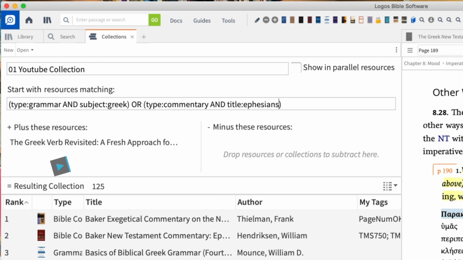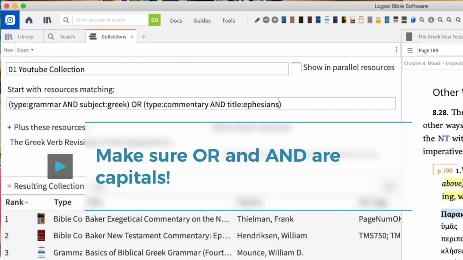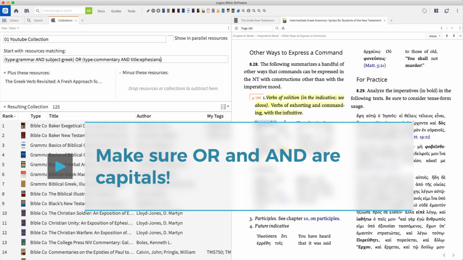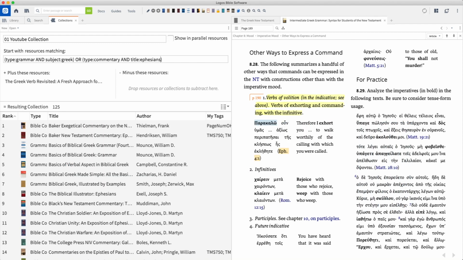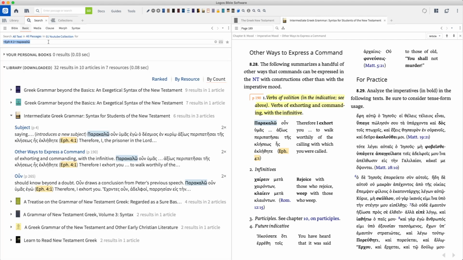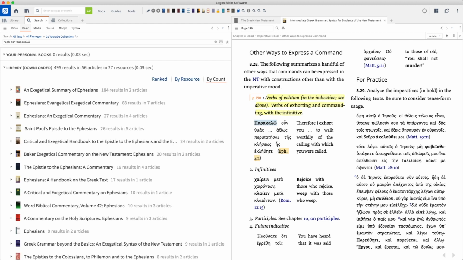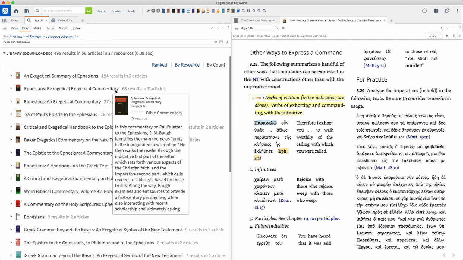Okay, and so this may not include everything, because there may be some commentaries that have in their title the letter to the church at Ephesus, and that wouldn't be found in the search because Ephesians and Ephesus are different. So it would exclude those. But this is close enough for what we want to do. And so again, I can come back to my search window here and simply rerun that. And you can see now I've expanded it, and I can see here that I now have commentaries built into this as well. So that's one quick and easy tool that I use within Logos Bible software